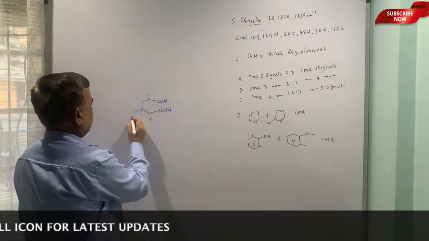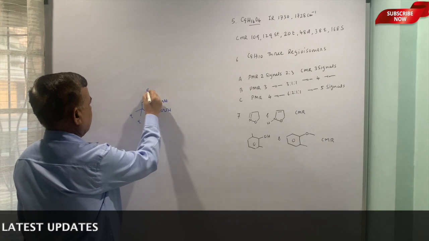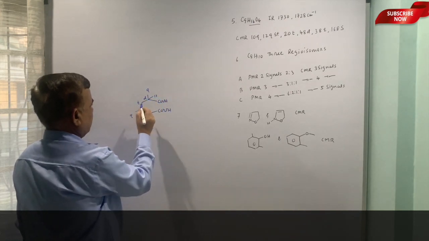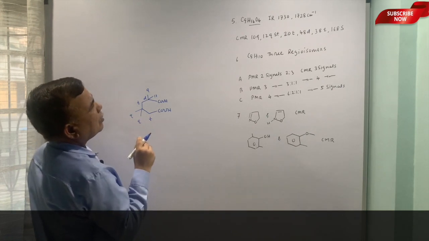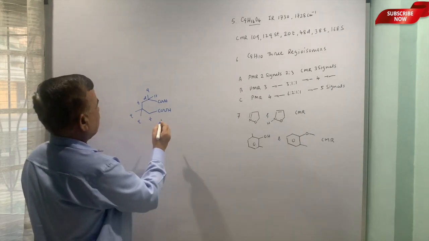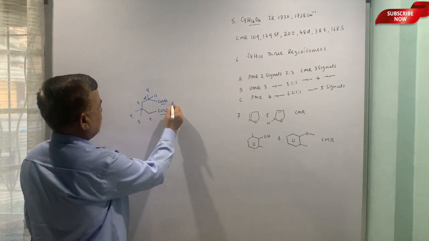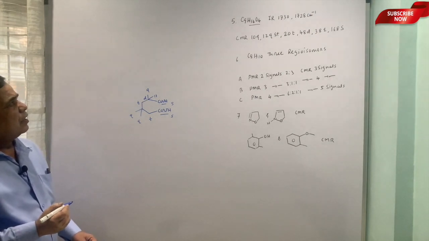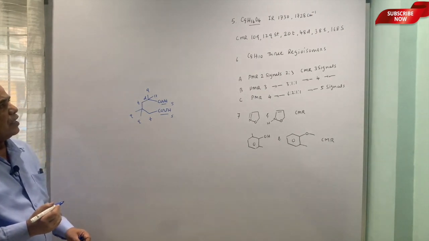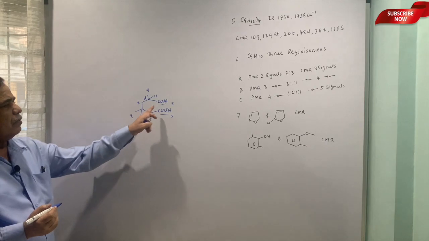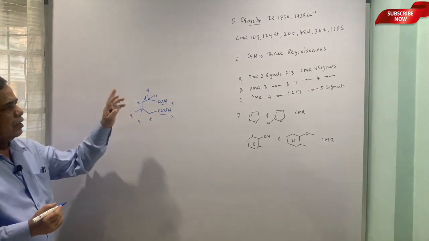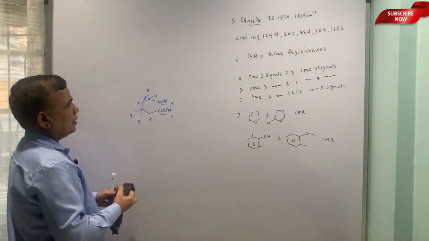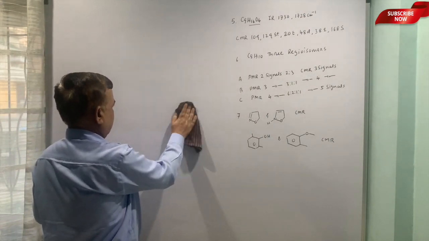This is triplet, quartet, quartet, quartet, doublet. This is another triplet. So, we have 2 triplets, and then these are singlets at 168. So, this is the structure. C9H16, C9H20, 2 sites of unsaturation, one due to this, one due to this. So, this is the structure what we expect from this data.